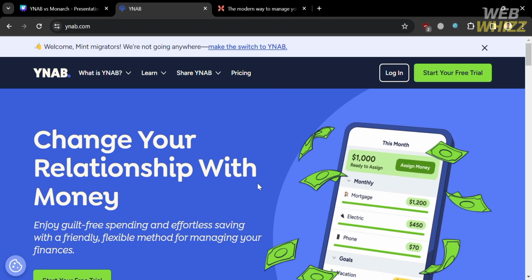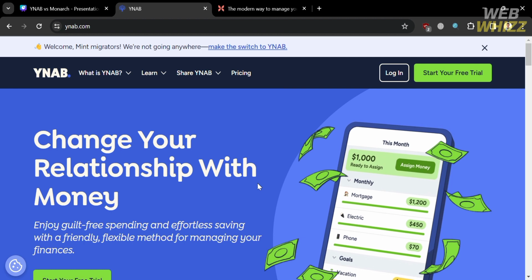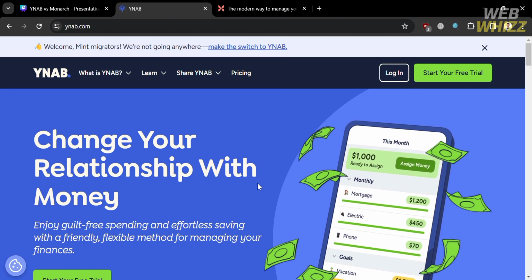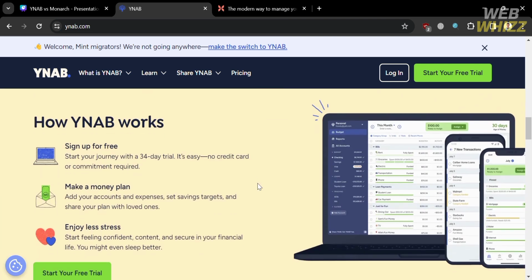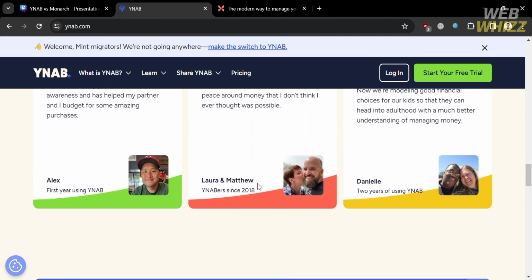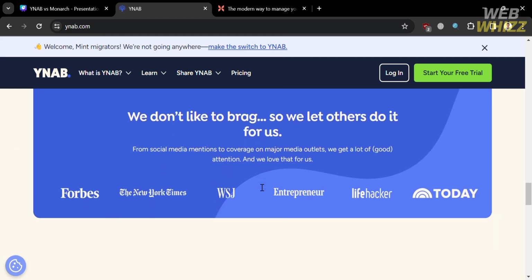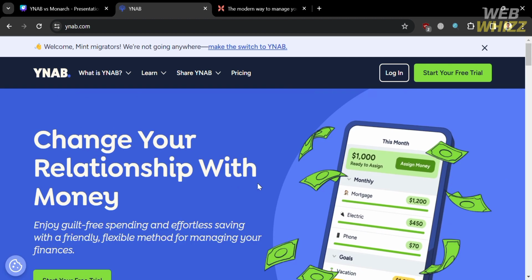But if you don't know YNAB, it is a platform and app that follows the zero-based budgeting method, in which it helps individuals effectively allocate every dollar they earn into categories, allowing them to plan ahead and track their expenses. YNAB is conveniently accessible through platforms like desktop, iPhone, iPad, Apple Watch, Android, and even Alexa. And although it does come with a subscription fee of $14.99 per month or $99 annually, it's worth considering YNAB's approach